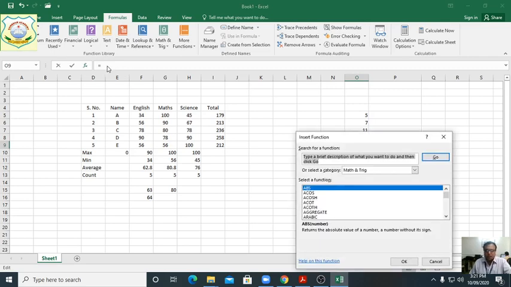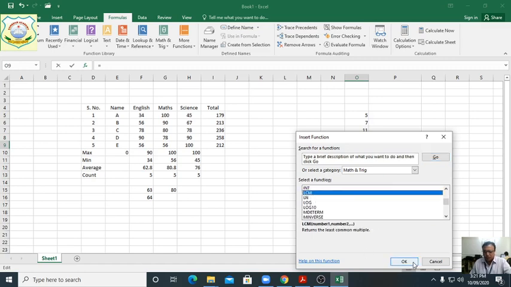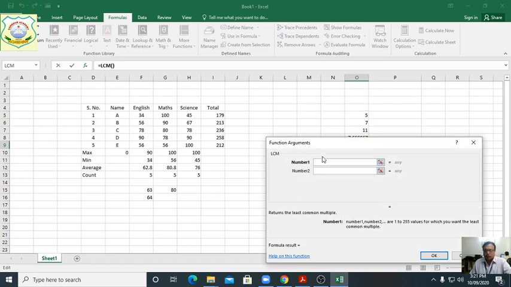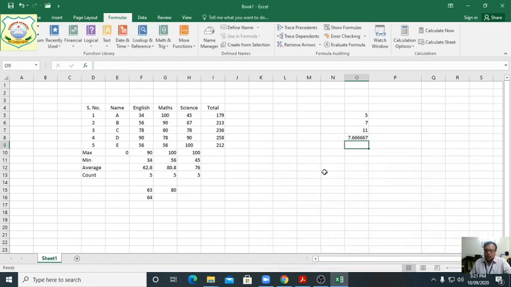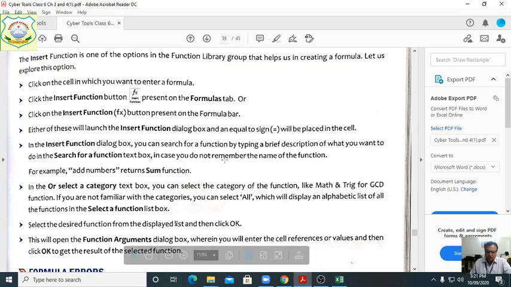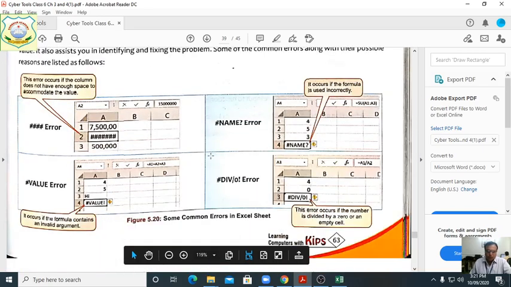The same insert function whatever we have told. Clear? And you can select here whatever you want to do. Suppose LCM. Okay, now you can do here. From this way also you can use the insert function. Clear?